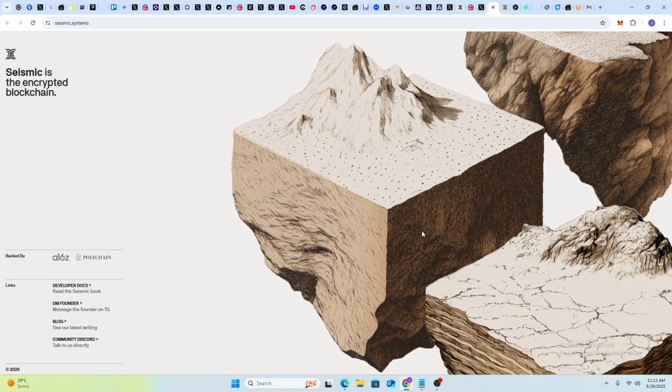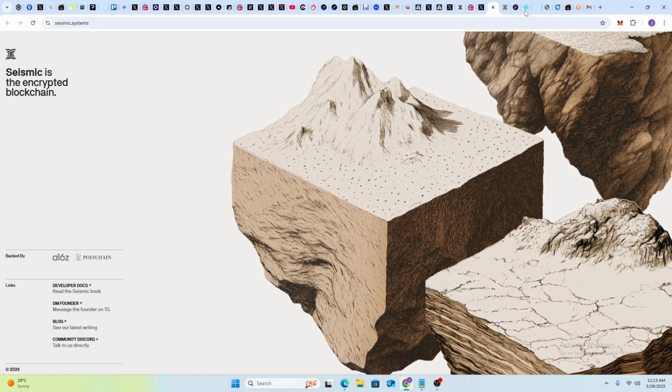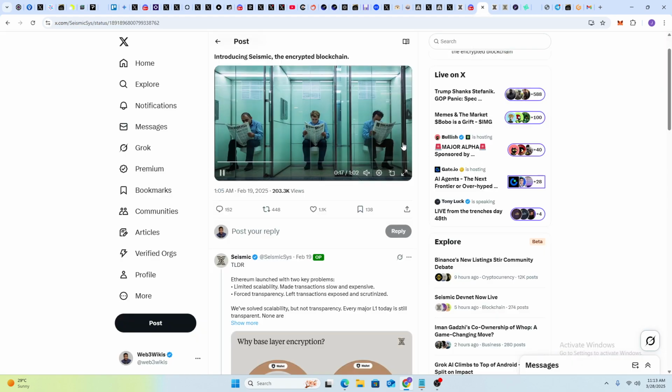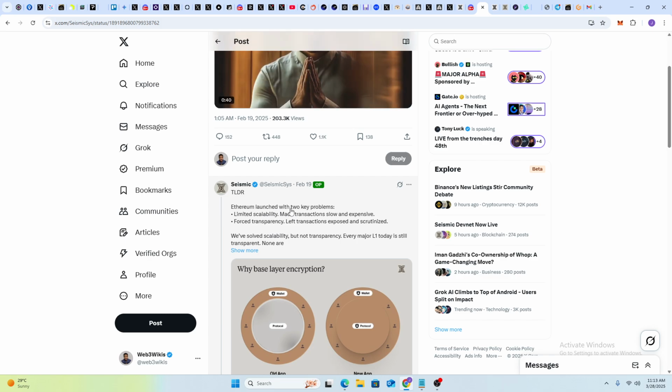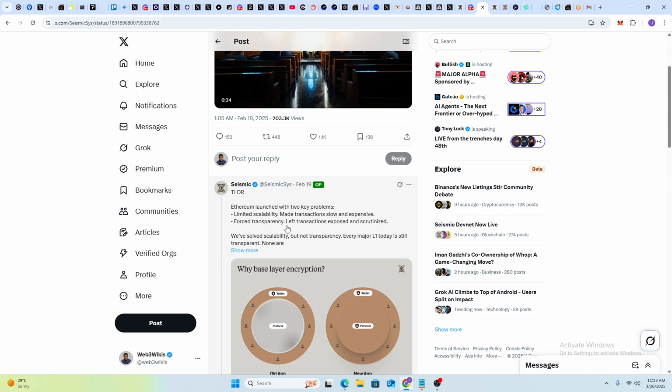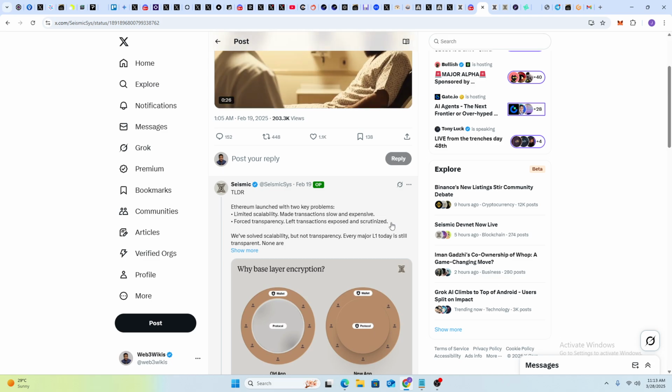Okay, so narrative-wise, very strong, backed by A16Z and Polychain. Narrative-wise is very strong, but let's look at technicalities here. So we all know the problems with blockchains today. Limited scalability, making transactions slow and expensive, forced transparency, left transactions exposed and scrutinized. Of course, that removes some of the decentralized elements of it